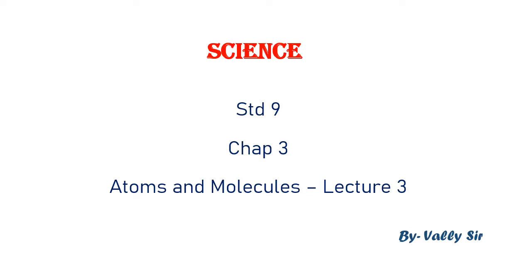In the previous lecture, we have seen what atoms and molecules are, how to name chemical compounds, and what valencies are: the giving, taking or sharing of electrons. So how the chemical reactions take place and give rise to compounds. It is known now very well, the law of conservation of mass, that the mass of the reactants and products always remains the same, and also that elements react in a constant proportion, the law of constant proportion. So what compounds are now formed? How metals react with non-metals by the give and take of electrons, and how non-metals will share the electrons. So we have understood in detail atoms and molecules.